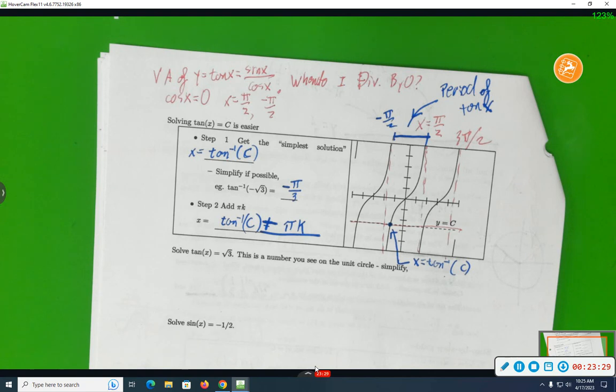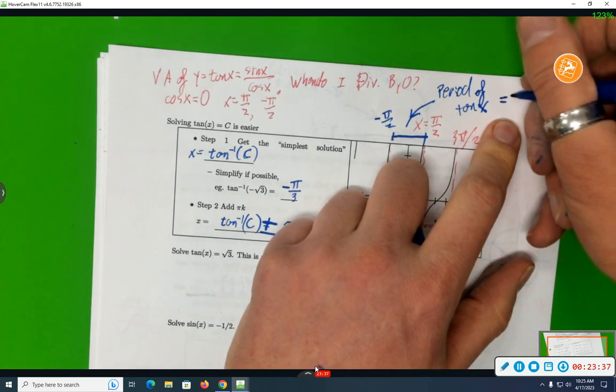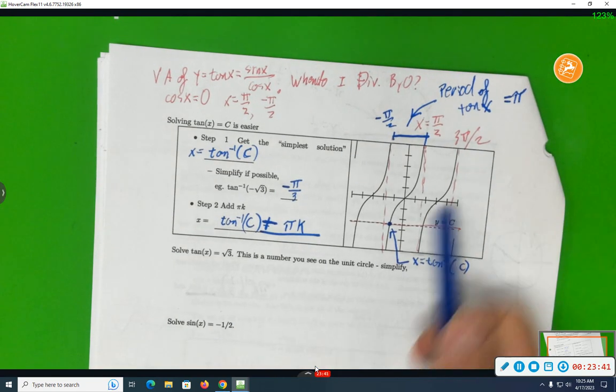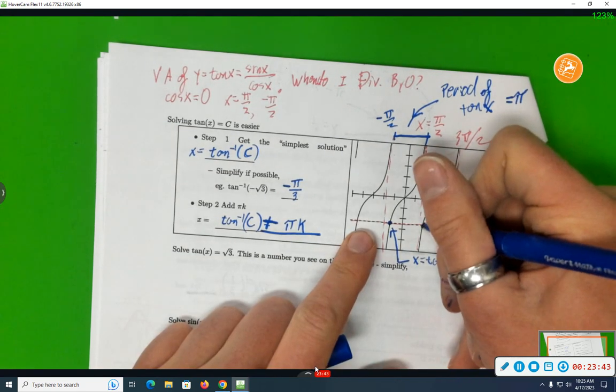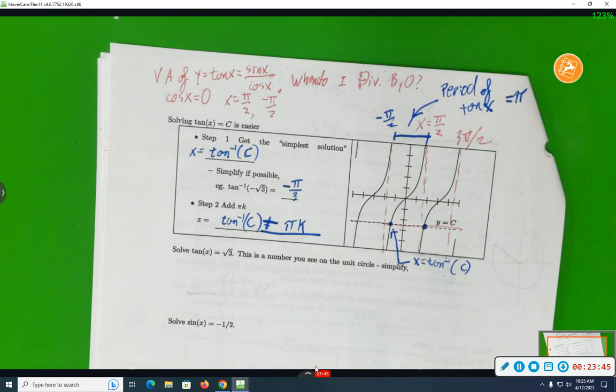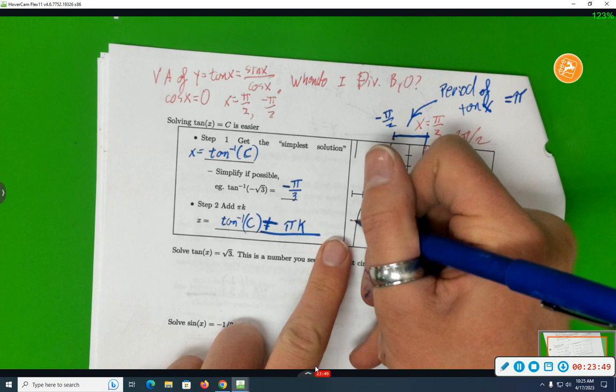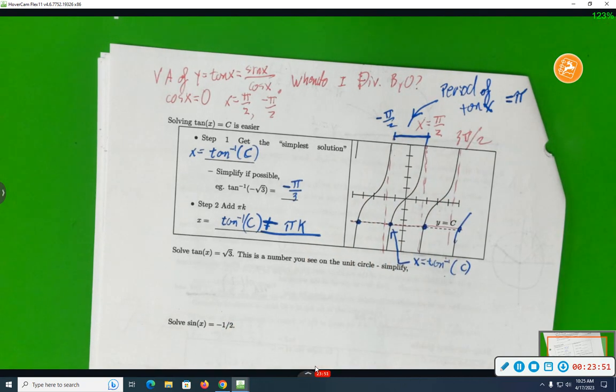What's the difference between pi over 2 and negative pi over 2? Pi. So the period is pi. So since the period is pi, if I take this point and shift it over by pi, I'll get another solution. If I shift it over by pi again, I'll get another solution. If I shift it left by pi, I'll get a solution. If I shift it left by another pi, I'll get another solution. So plus pi